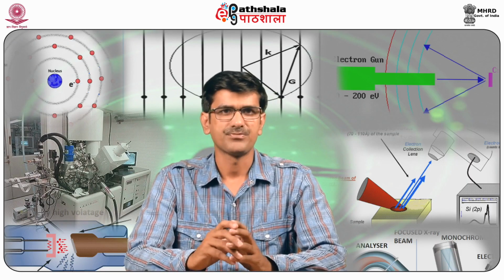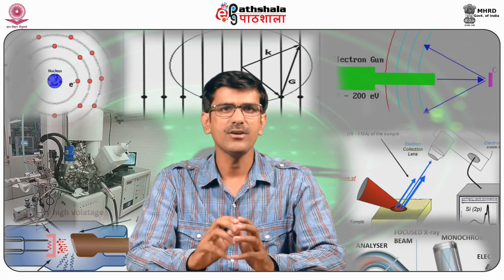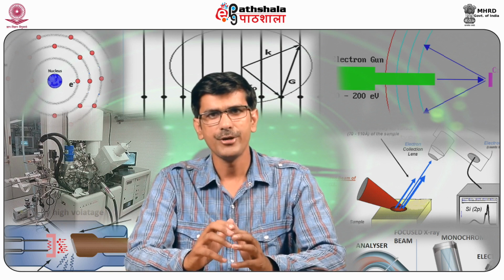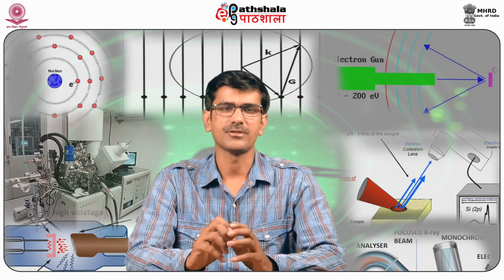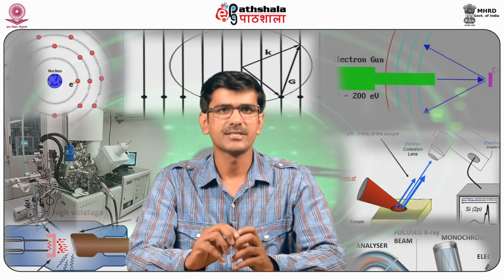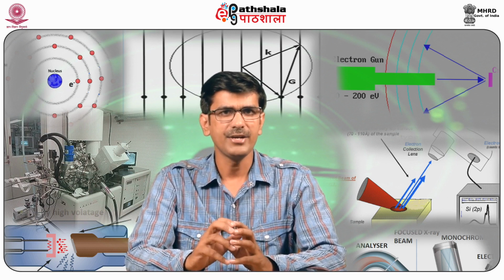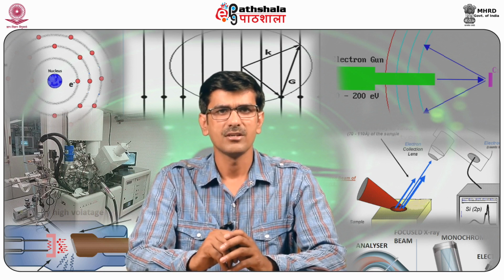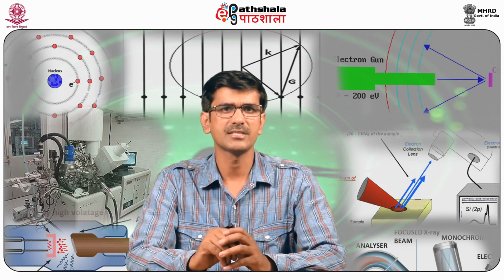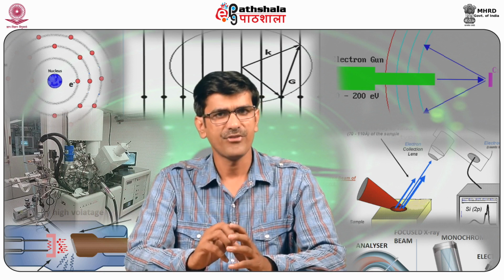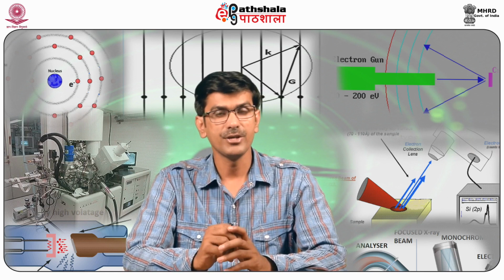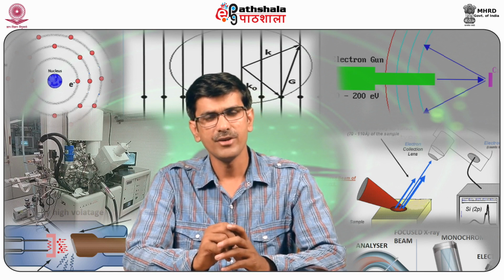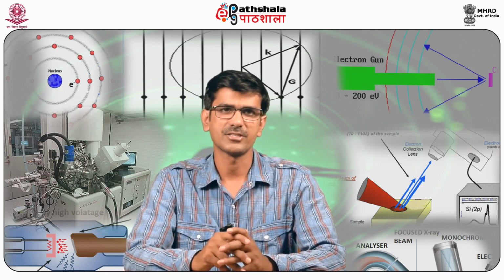Next topic is diffraction. Diffraction is defined as the bending of light as it passes around the edge of an obstacle or aperture into the region of geometrical shadow of the obstacle. The bending of light depends on the ratio of the wavelength of the light to the size of the opening. According to Huygens' principle, diffraction is described as the interference of waves. Diffraction occurs with all waves, including electromagnetic waves, visible light, X-rays, radio waves, sound waves, water waves, etc.